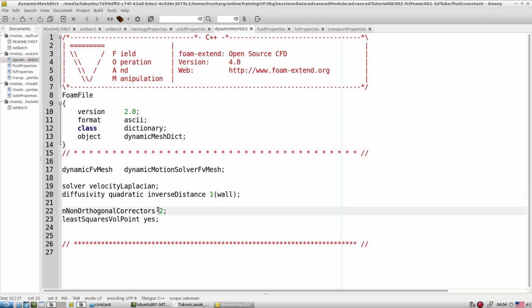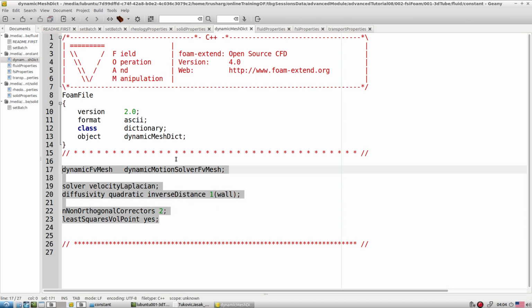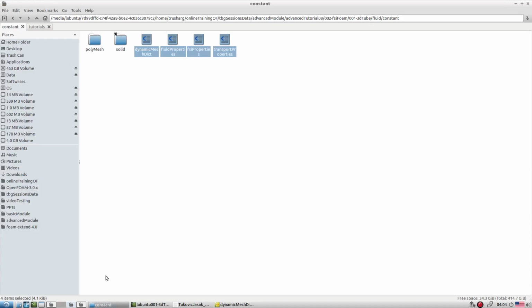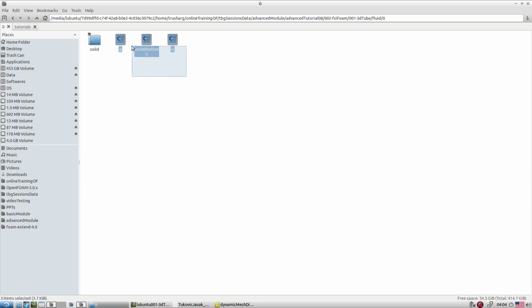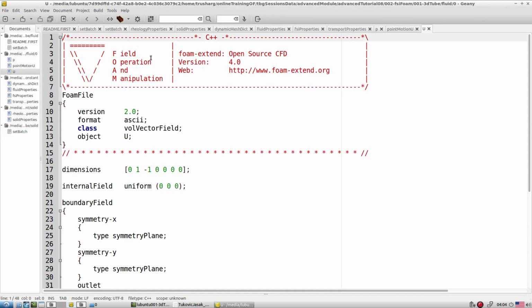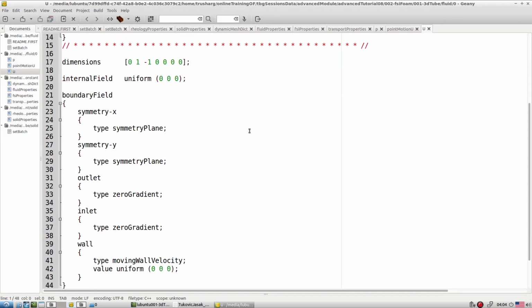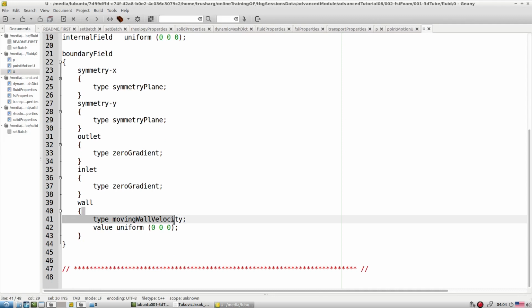Non-orthogonal correction say yes, least square, volume point equal to yes. So this facilitates the mesh motion. And then let's go towards the boundary condition area. So here we have to specify the velocity U. Okay, so wall equal to